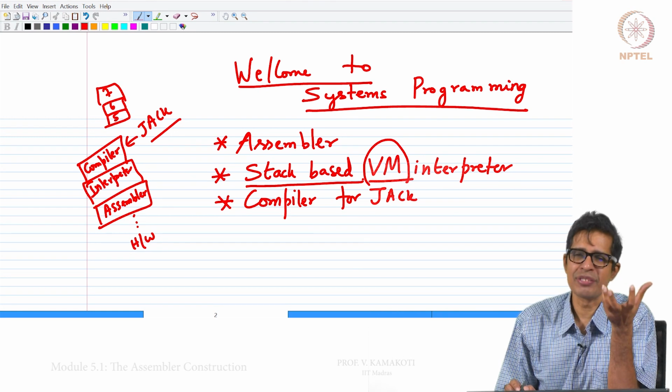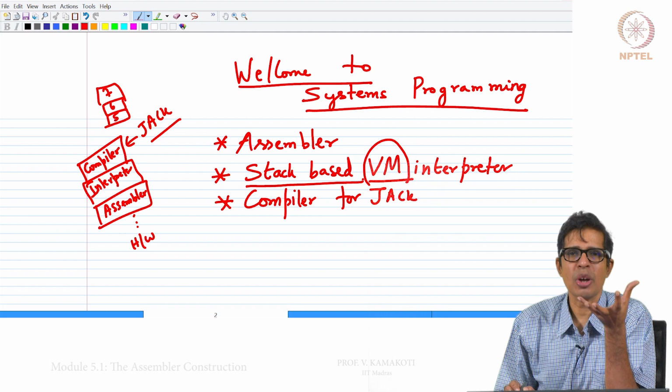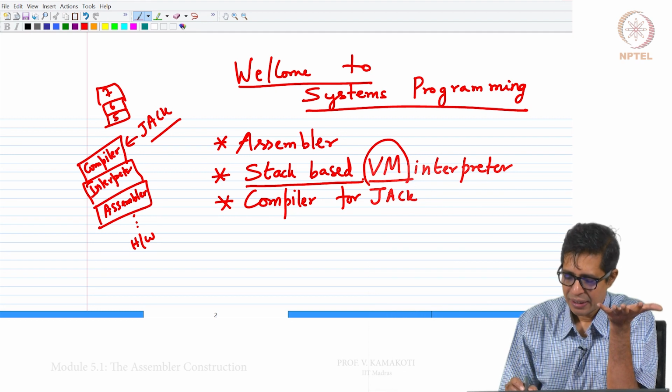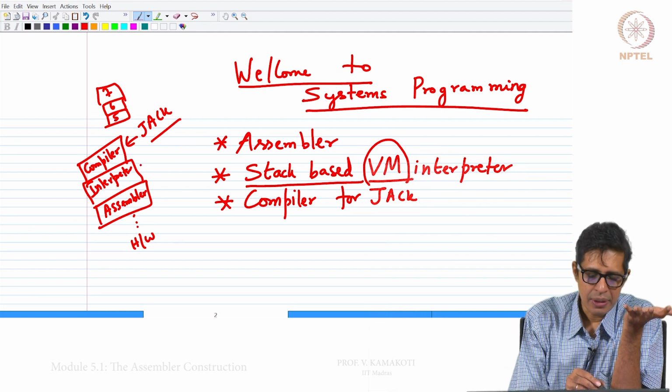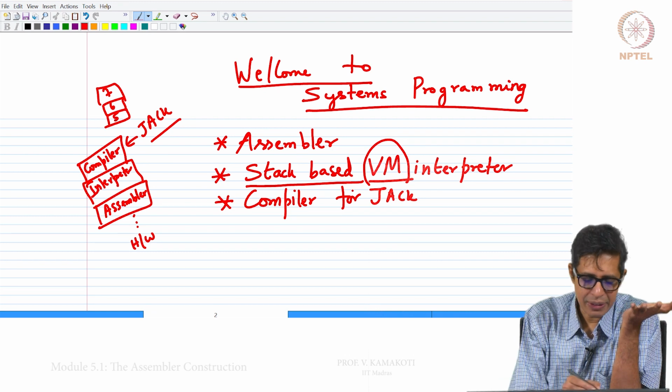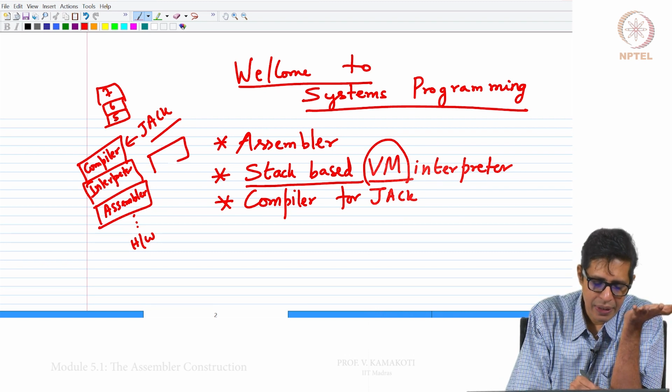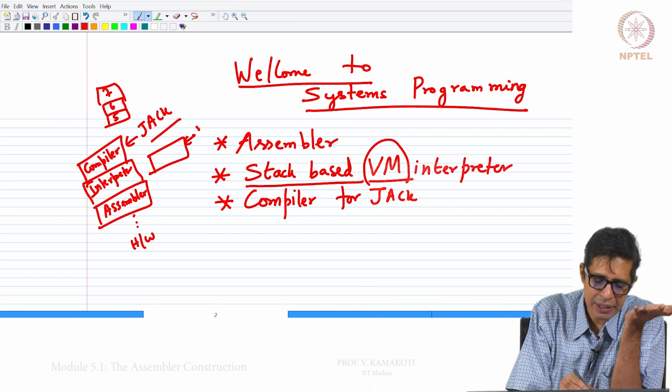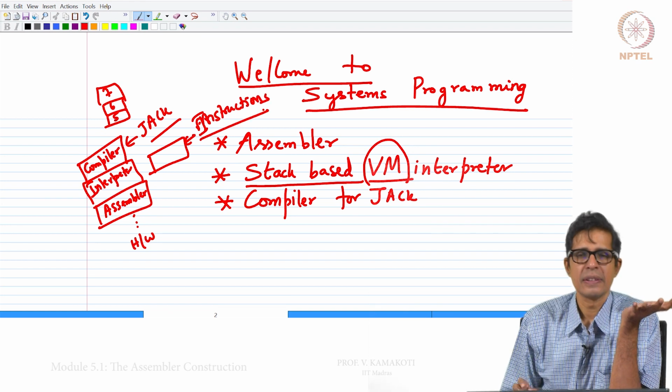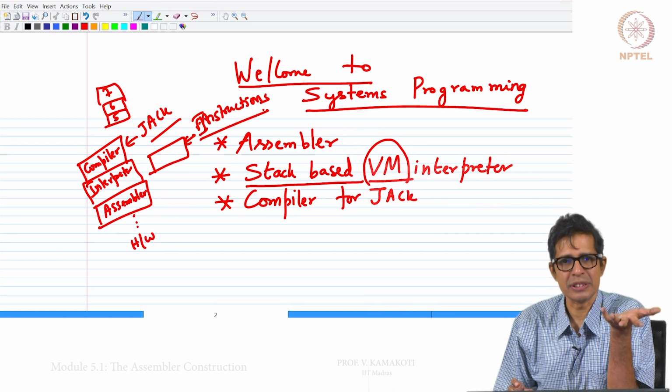It is not a physical hardware, but it is a soft model of that hardware. So, that virtual machine will have its own instructions.